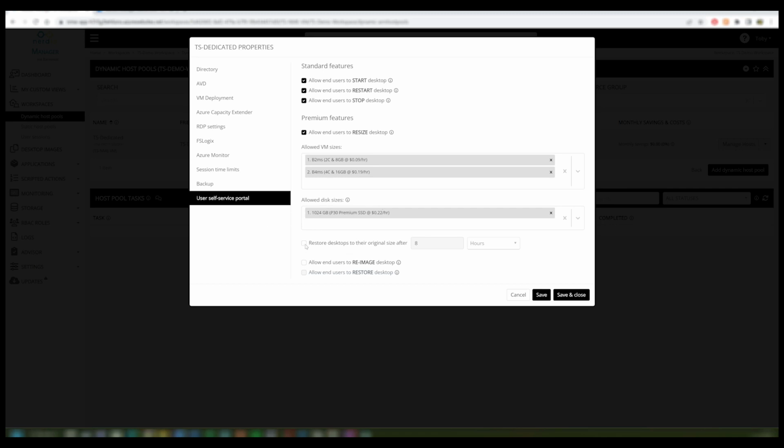And we now also, as I mentioned, include this additional menu option to force the restore of desktops to their original size after a specified period of time. And that can either be days or hours. In this instance, I've selected 8 hours,